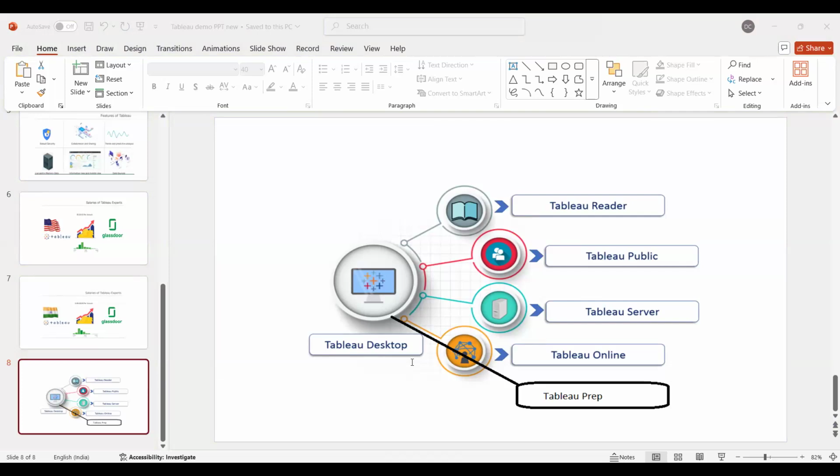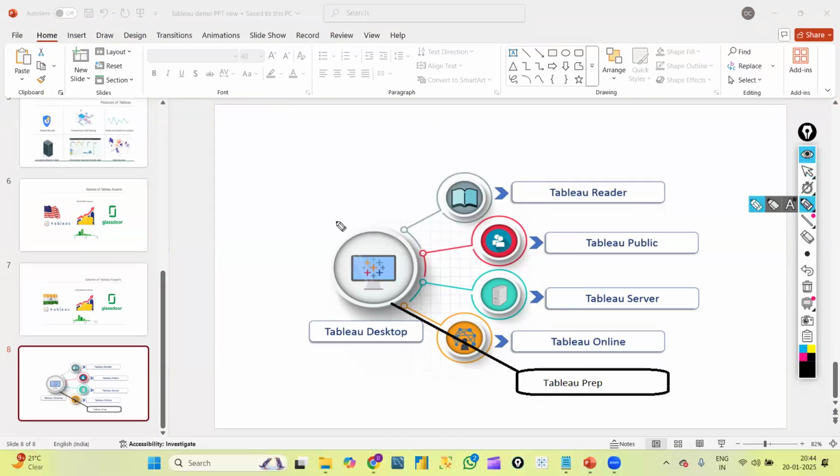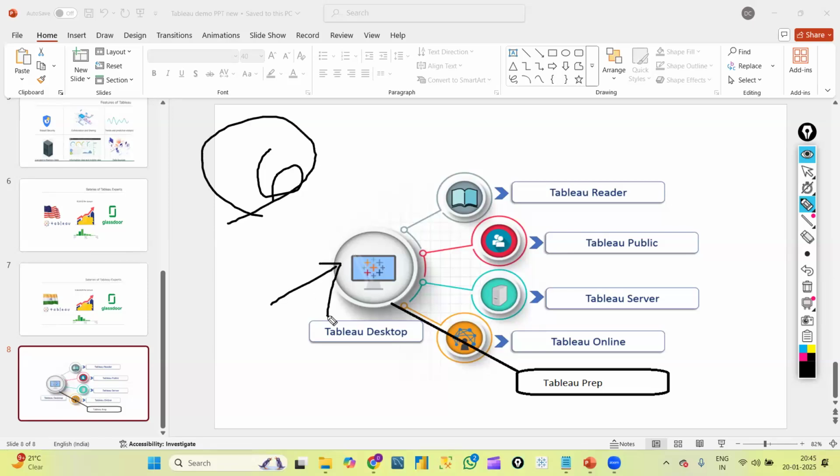Now, what you can see on the screen are the products of Tableau. Let me first explain this today. We have six different products in Tableau. The first thing, as you can see here, is Tableau Desktop. This is the one